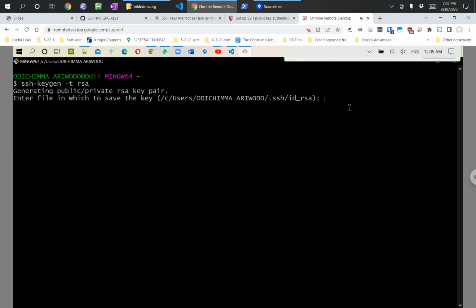Now, if you wanted to password protect your key, you would enter a password here. At some point we could talk about why you would or would not do this. As long as you are the only one using your computer and you don't share your computer's password with other people,